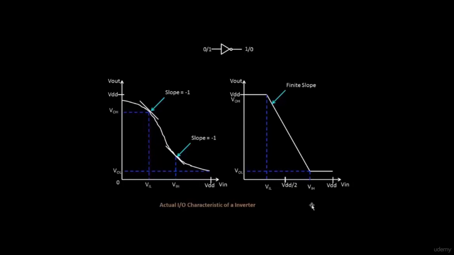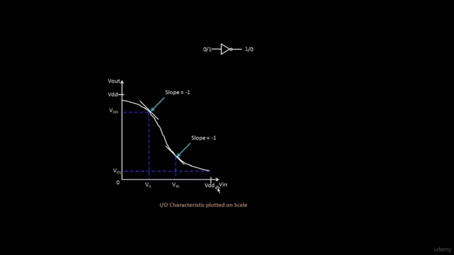Okay, with all these things in mind, we'll now plot all the voltage levels on a single line. For example, there is a line which is just an axis. It starts from 0 volts and ends at VDD volts. Let's plot it over here. So it starts at 0 volts and it ends at VDD volts. And now we'll take all these VIH, VIL, VOH and VOL and plot them over here and try to derive the noise margin equations from this particular curve.